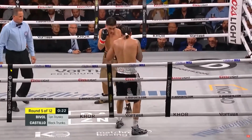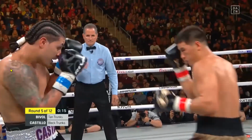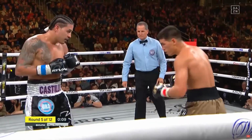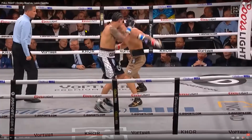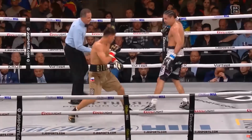He's landed, some of them have landed on the arms, but he has at least been active with his right hand here from distance, nothing in close. So in terms of clean, hard punching, this round is going to go to Dimitri Bivol unless something drastic happens